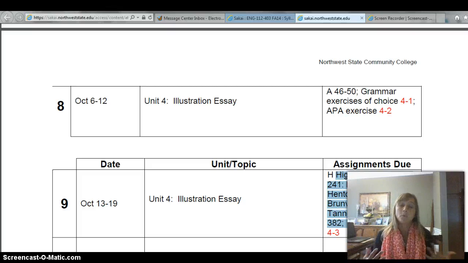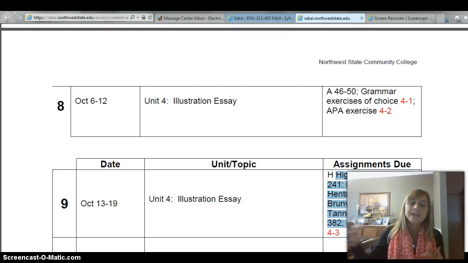Sometimes we feel a little bit rambly when we're illustrating, so it's really important to make sure we're staying on topic with our illustration and to make sure that we use, I always say with my younger students, the rate student. How do you rate? You're going to first read these texts, you're going to answer a question, because that's kind of what an argument is. It's an answer to a question. You're going to use textual evidence, but you're not going to stop there. You're going to explain it out.